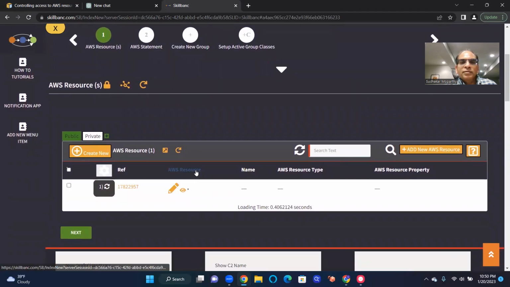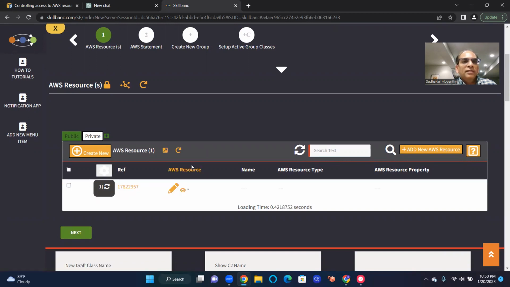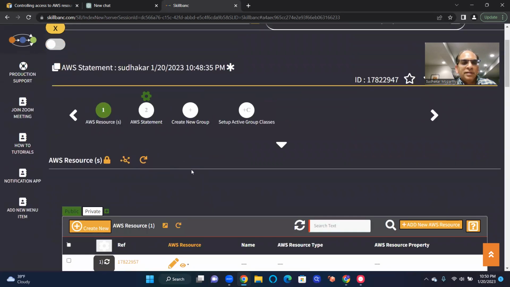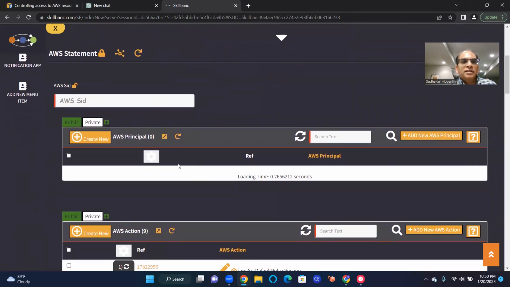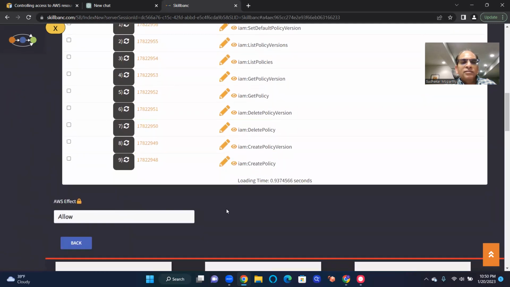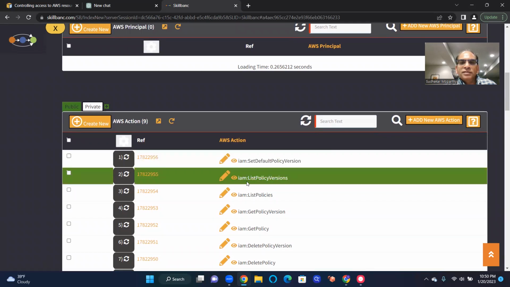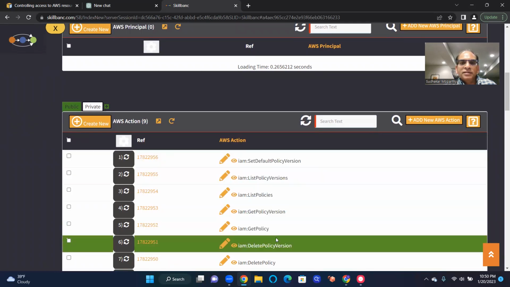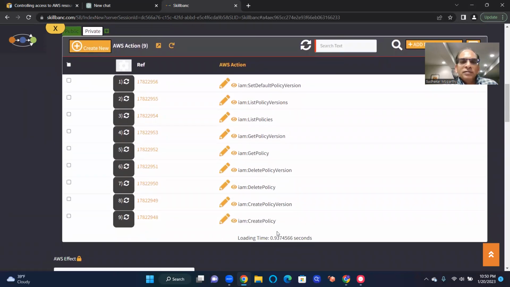You have an AWS resource, star, then AWS statement, AWS SID, principal, action. So these are all the actions: effect, allow, actions, default policy version, list policies, all these things. Basically, we are able to visually represent the same object,